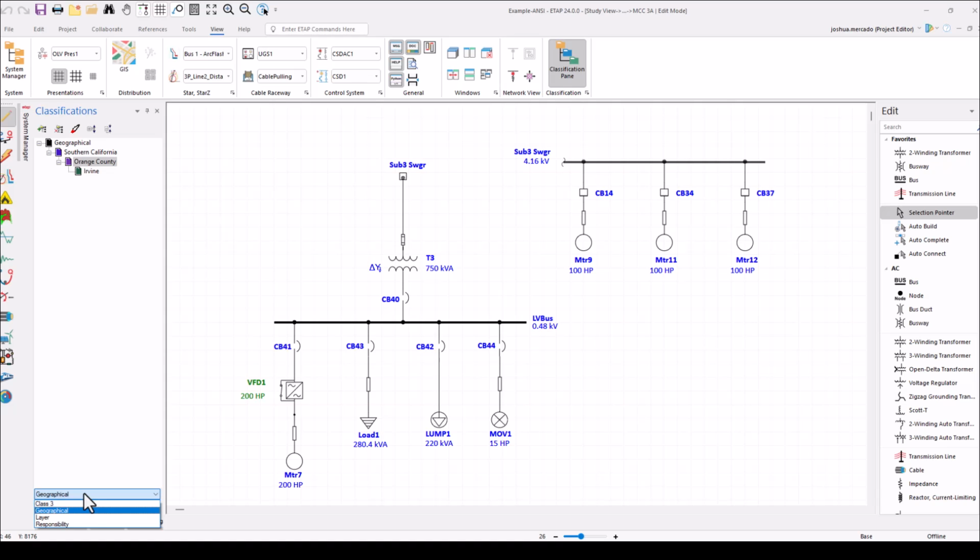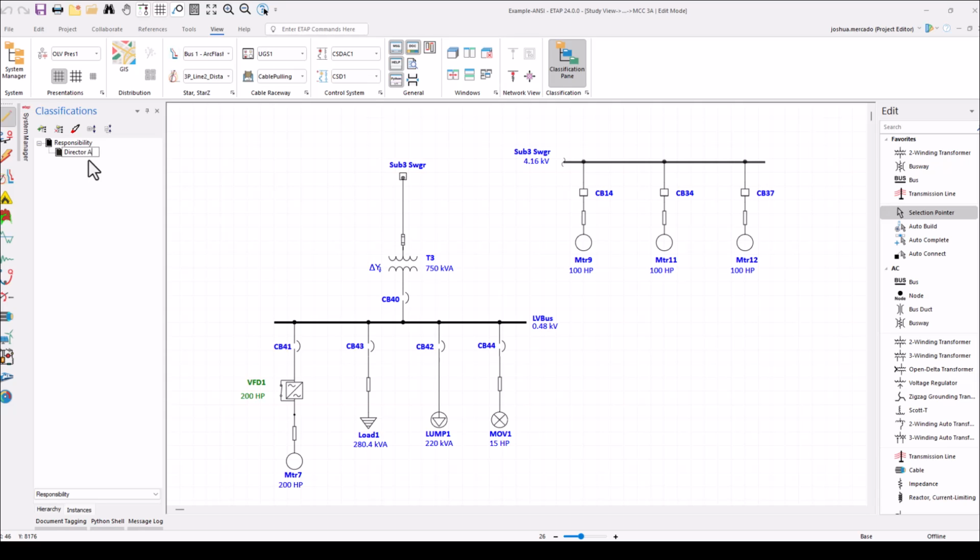Here we have a drop-down selection list at the bottom of the window to allow us to choose one of the classifications that we've defined in the hierarchy. I'm going to go ahead and select responsibility to build out a responsibility class. I'll first hit the plus sign to add a new instance below responsibility, and if you recall, this first node was for the director, so I'm going to go ahead and call this one director